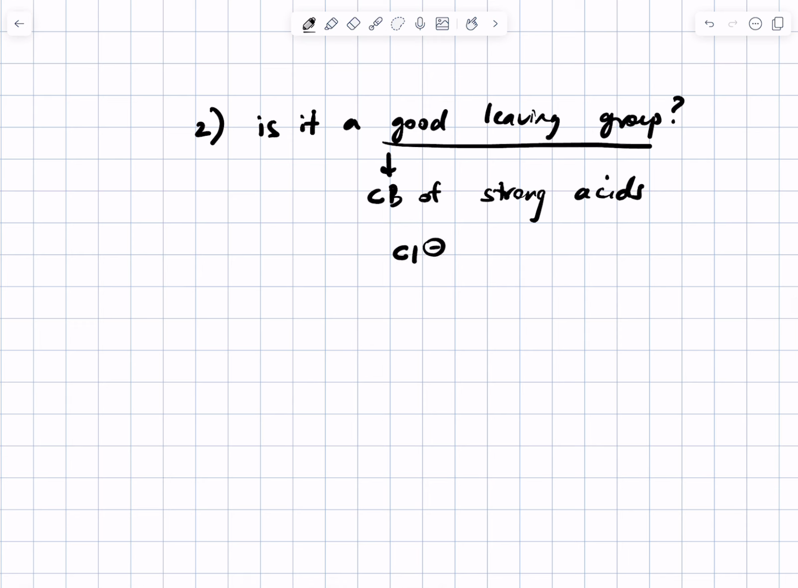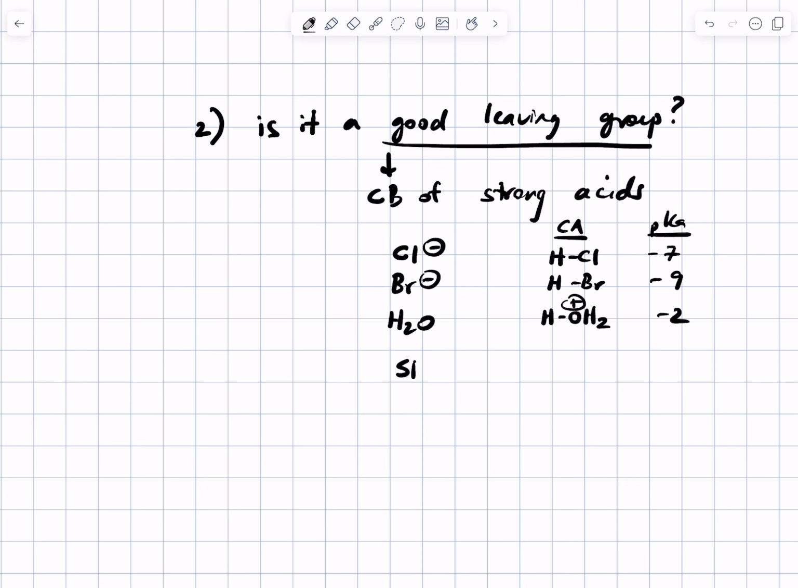Cl minus, right? Or Br minus. Cl minus has a conjugate acid, HCl, and the pKa of HCl was something like -7. I think for HBr it was something like -9. That's a good leaving group. What about water? Well, water's conjugate acid is H3O plus, pKa about -2. And there are other decently good leaving groups in organic chemistry. For example,